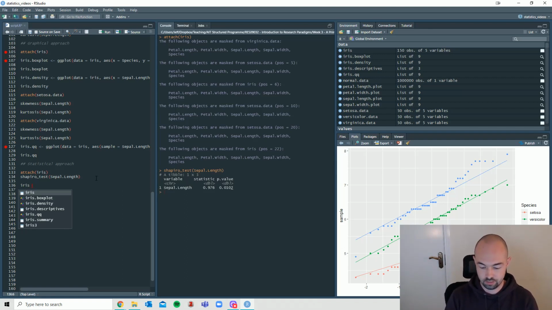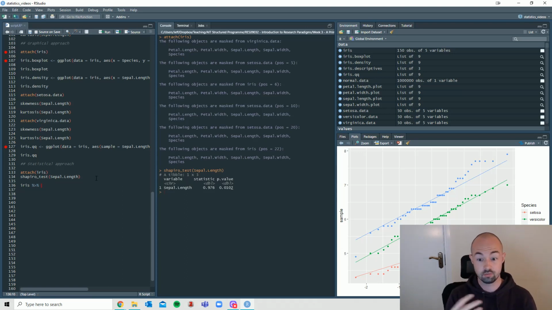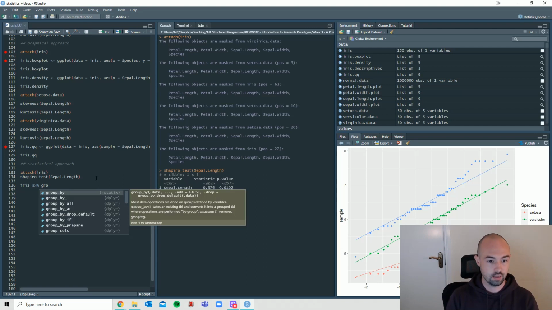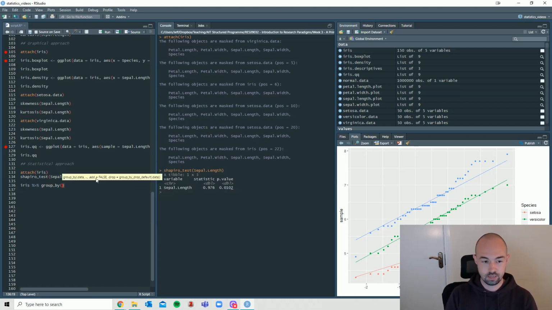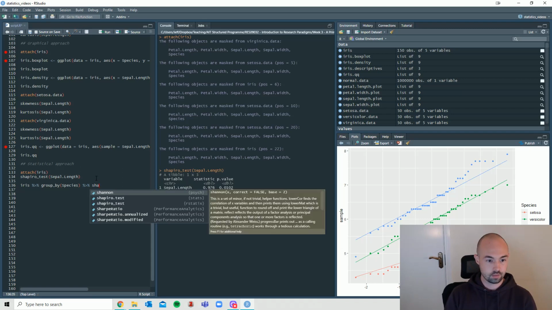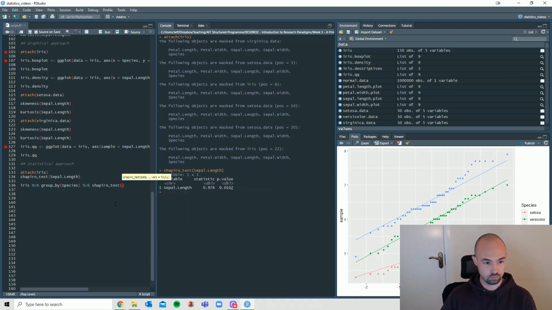So take the iris data set, and then that's what that percentage symbol, greater than symbol, percentage symbol can be read as, and then I want to group by, again from rstatix, I want to group by species, and then